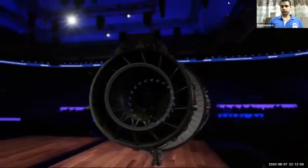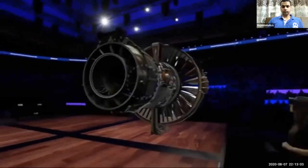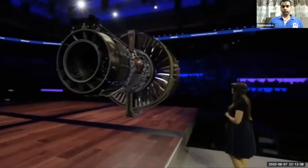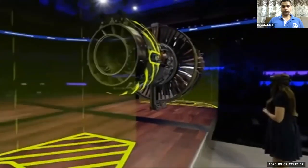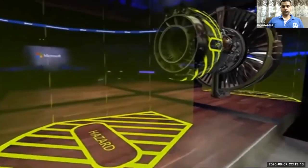Safety is a hugely important part of training with machinery. HoloLens not only allows trainees to negotiate that machinery in complete safety, it can also present hazard areas in new, unique ways. Please be aware of the areas marked as hazardous. In a real-life scenario,